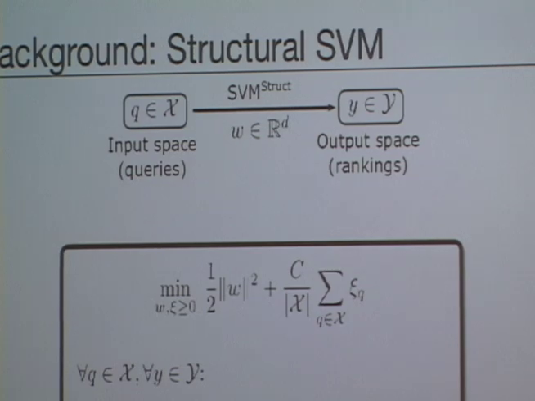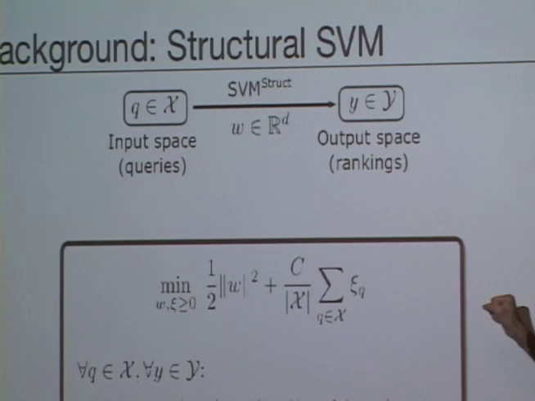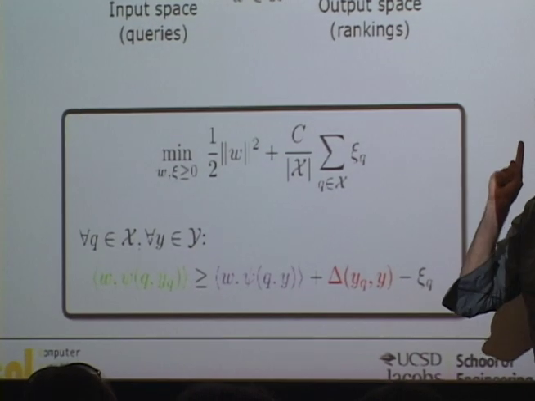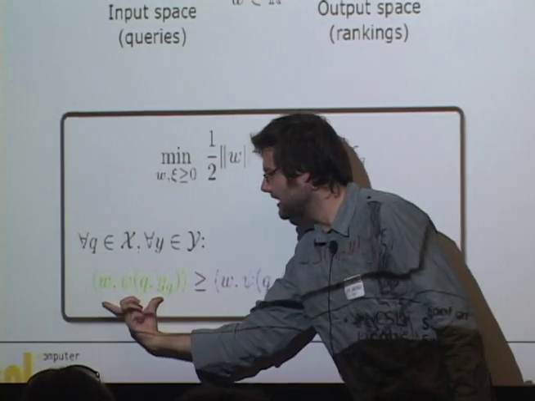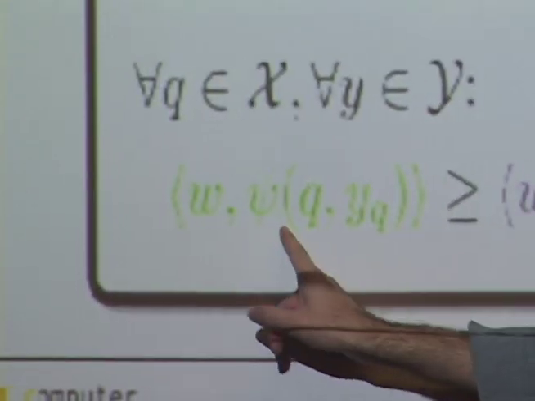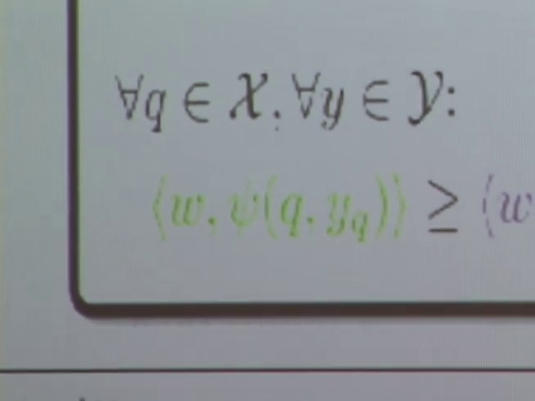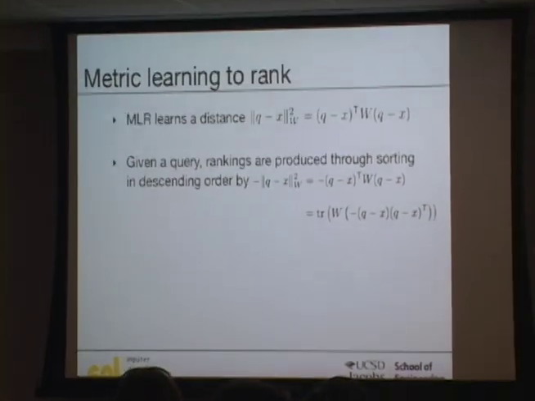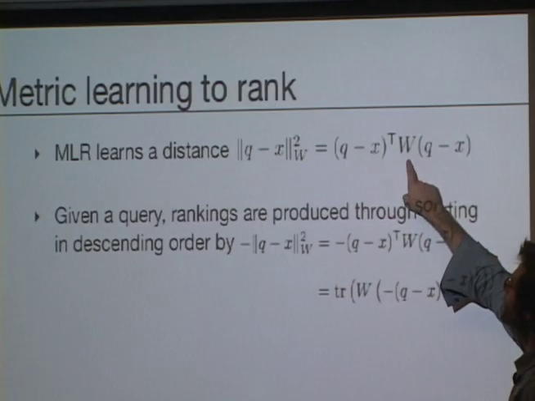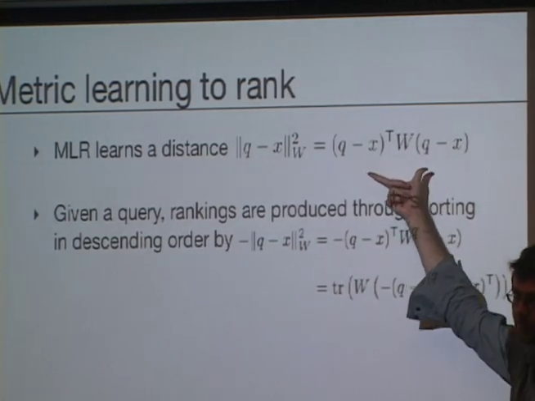Okay? Now, why am I talking about this? Well, the reason why I'm talking about this is because you should remember one thing here, which is this type of inner product between some W and some interesting function between the query and the ranking. If we just remember that part, and we go back to the problem that we're trying to solve, which is optimizing this W transformation matrix here to learn this Mahalanobis distance between songs,